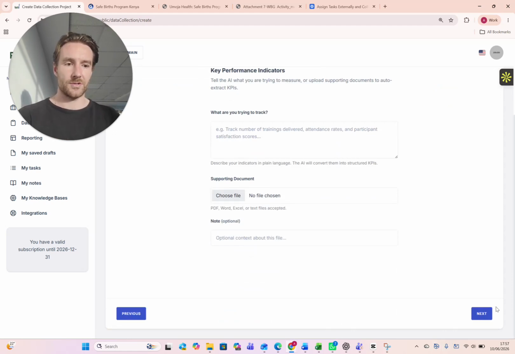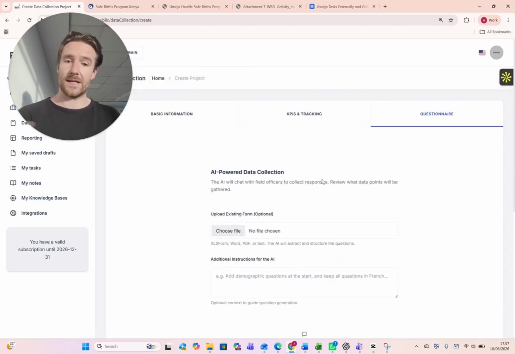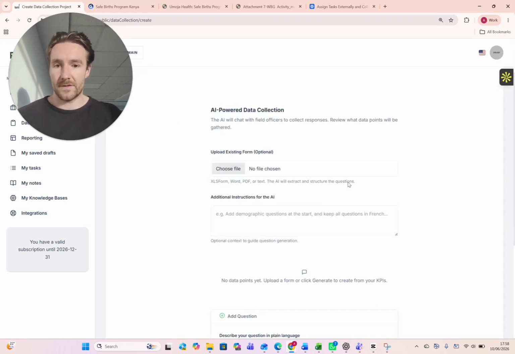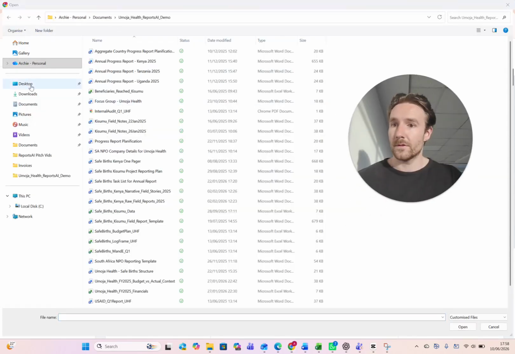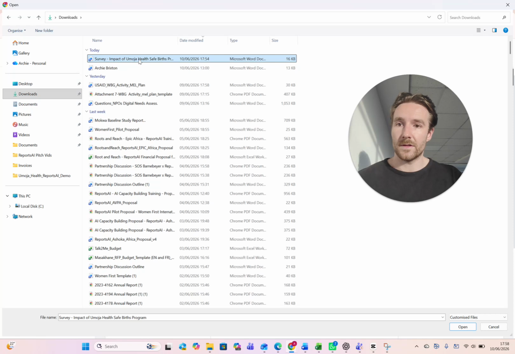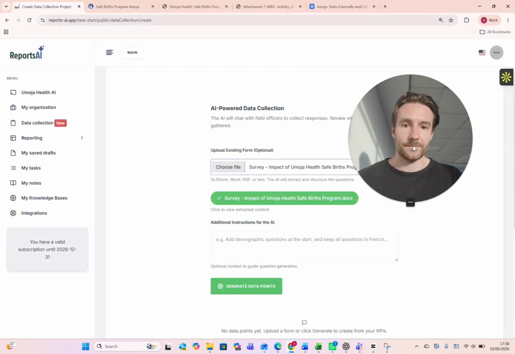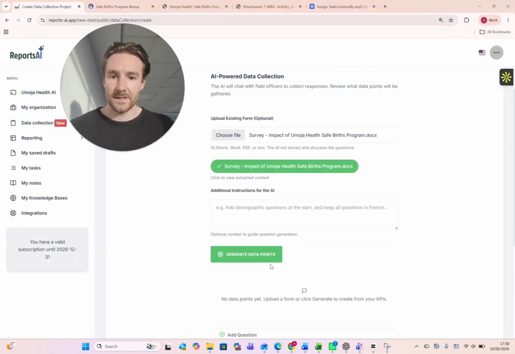So I'm just going to jump straight to giving it a questionnaire, and then it's going to create the survey for me. So it just saves so much time. You haven't got to mess around in those complex survey creating tools. So I'm just going to choose a file. In my downloads, I had a survey impact. Okay. So upload that, data points, and the AI is going to do all the heavy lifting for me and